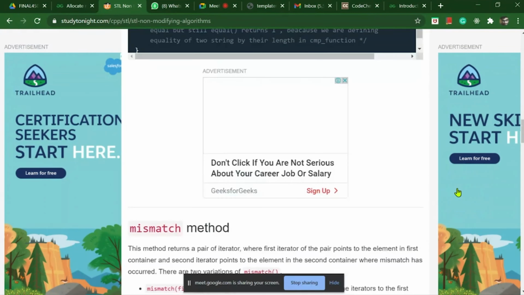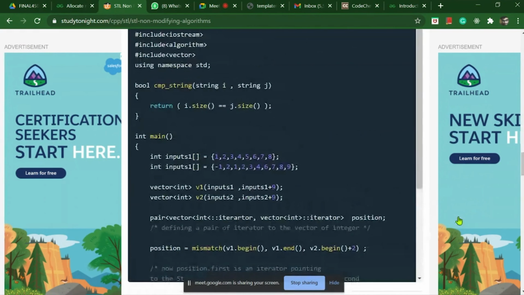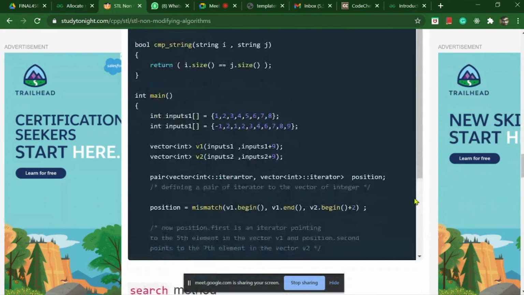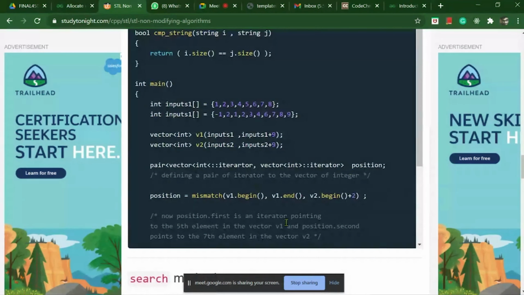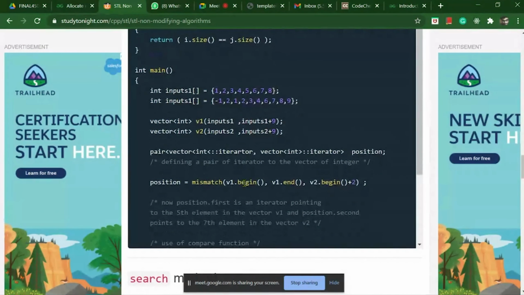Let's see. You can see that this is how a mismatch function works. Just like the equal function, we pass three parameters.